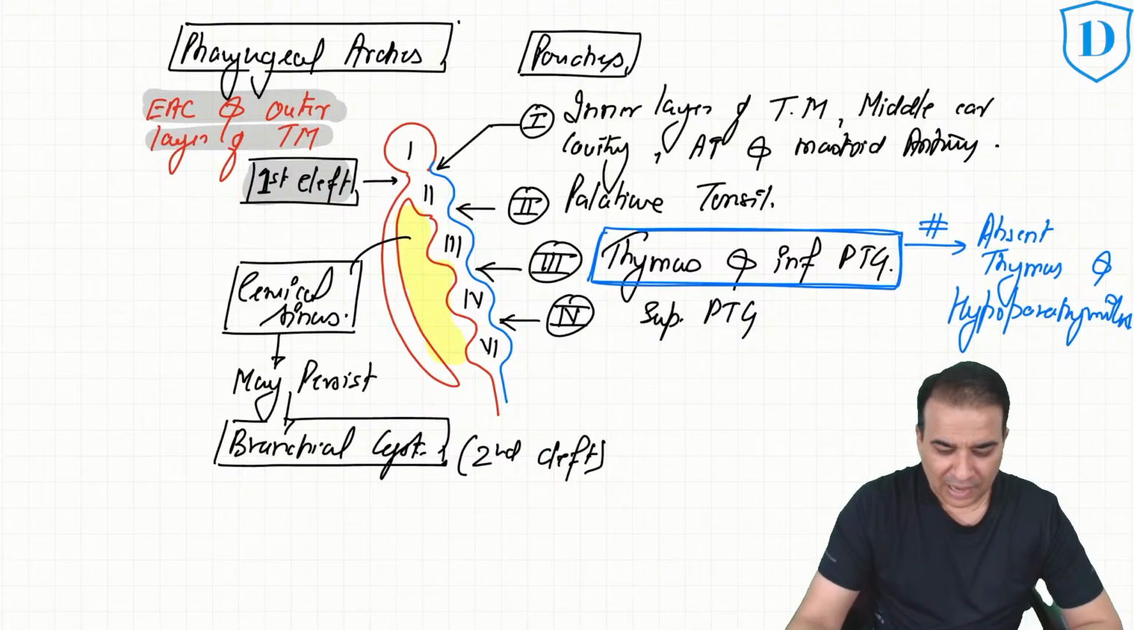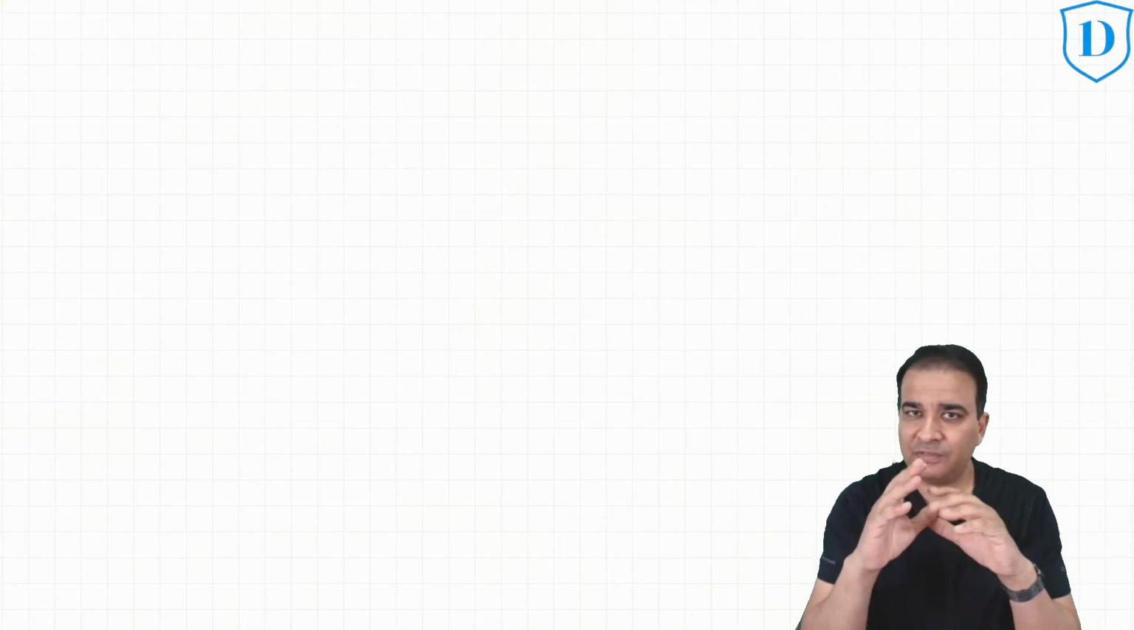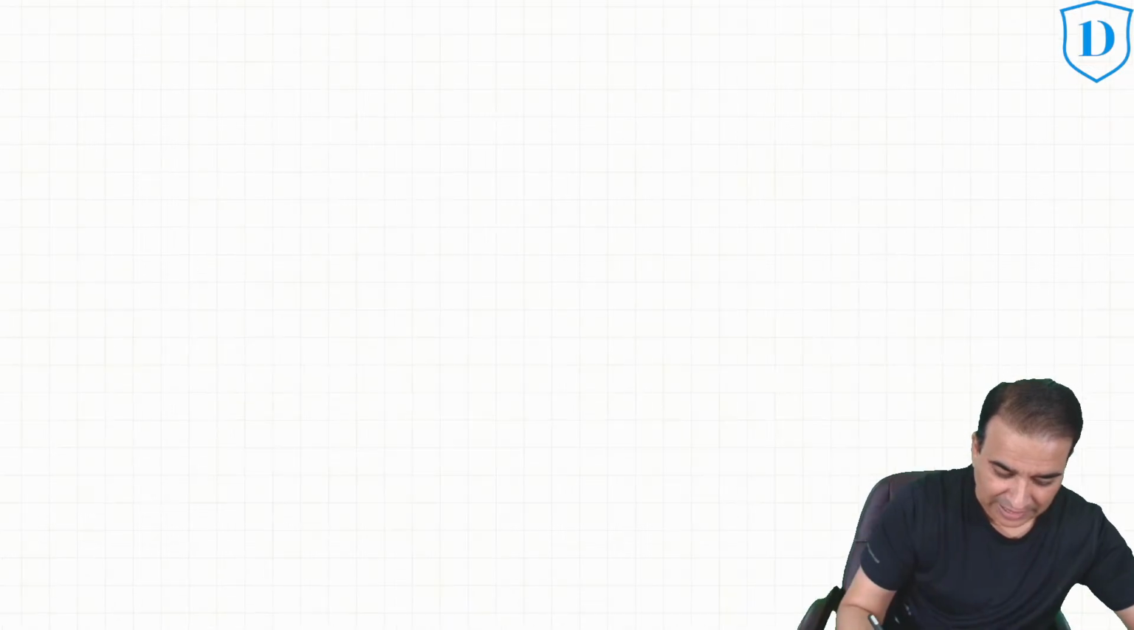And finally, one last thing that I'm going to tell you here in the development is about the pharyngeal arch arteries. Which pharyngeal arch artery will give rise to what? Because it's again a very straightforward and repeatedly asked question about the pharyngeal arch arteries and the development, guys. Look, to understand the pharyngeal arch arteries and their derivatives,